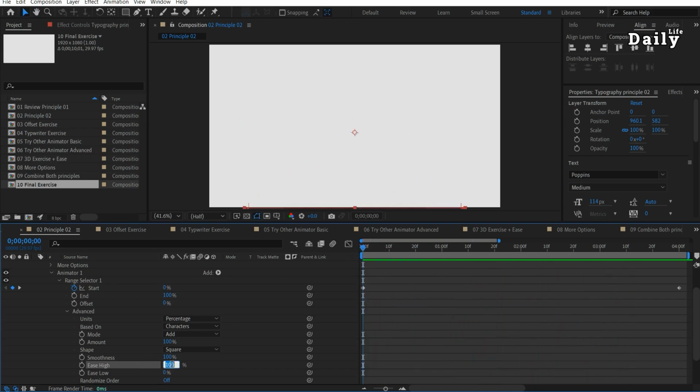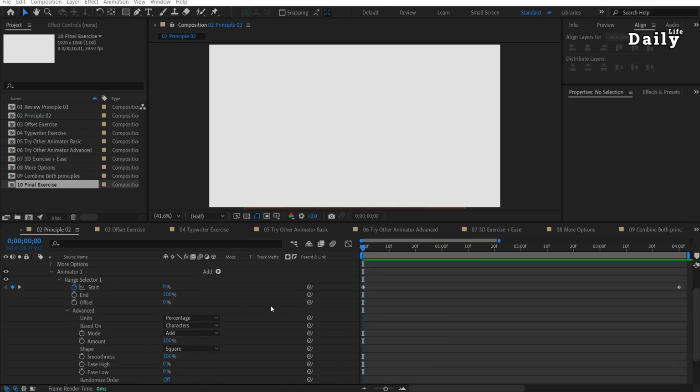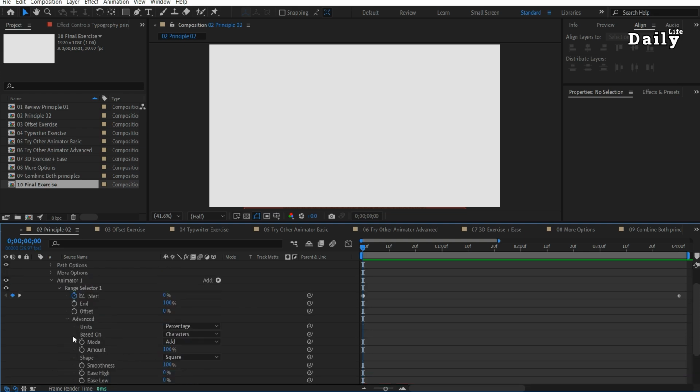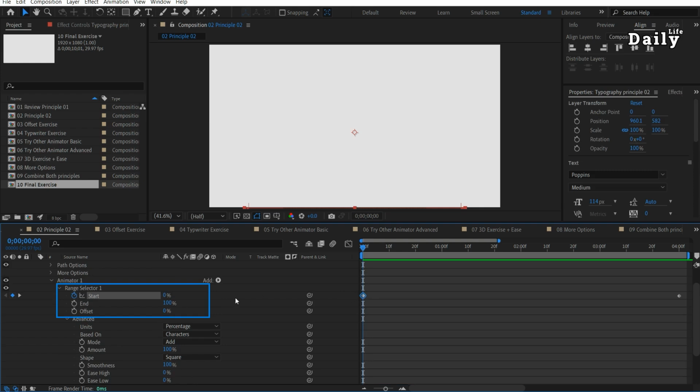Let me clarify this item. In the second principle, there are two types of motions. One, property-based: the movement we adjust for the characters like position, scale, and rotation. For example, adjusting 500 for Y position. Two, range-based: the movement flows sequentially across the range selector.